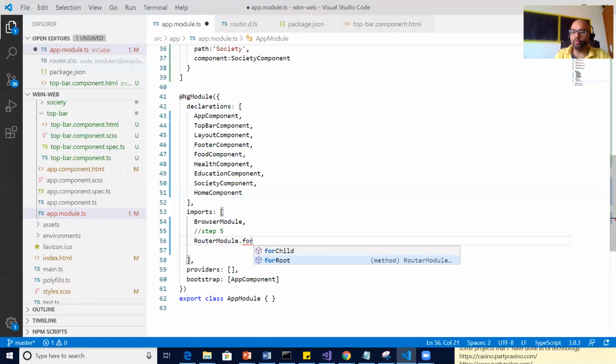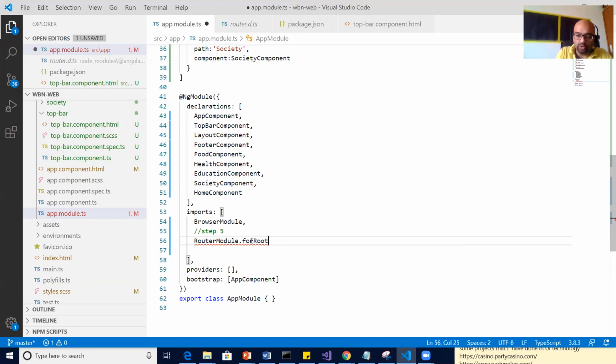So child routes we will do when we do nested routing. Okay, not now, not today. I want all of you to practice it hard today. Make a sample application on routing, simple basic routing. Make sure you understand each and everything. Then in the next session, we'll go for nested routing.